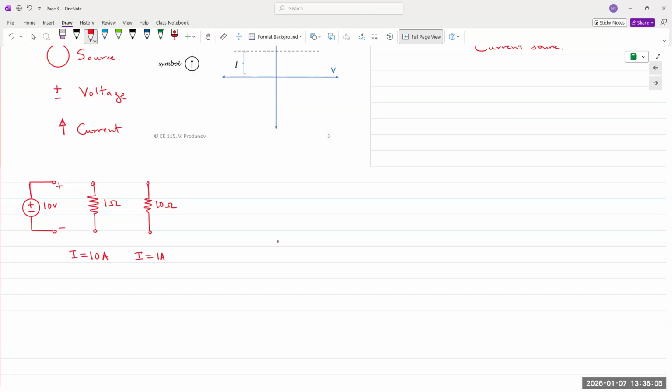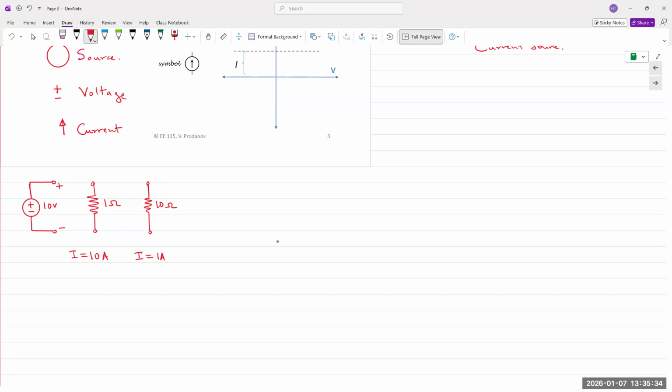the current based on the load requirement. Okay, we have a power supply. I'm going to set 10 volts, run in constant voltage mode. Say 10 volts, and I connect a 1 ohm resistor. It's going to supply 10 amps of current. Now I change the load to 10 ohms. Constant voltage mode means it's still going to supply 10 volts, and now it will change the current only to